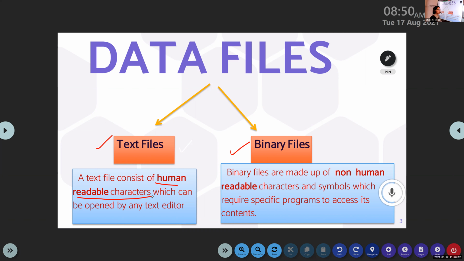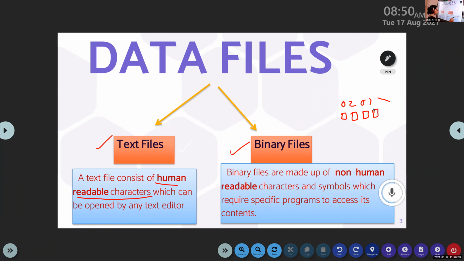When you open some files, you could see some symbols like this. Have you ever noticed that? The language which we are not able to read. Have you ever seen that? Yes, ma'am, we could see some boxes and all. Those files are known as binary files, which means that we are not able to read those characters, the characters which are close to our machine.